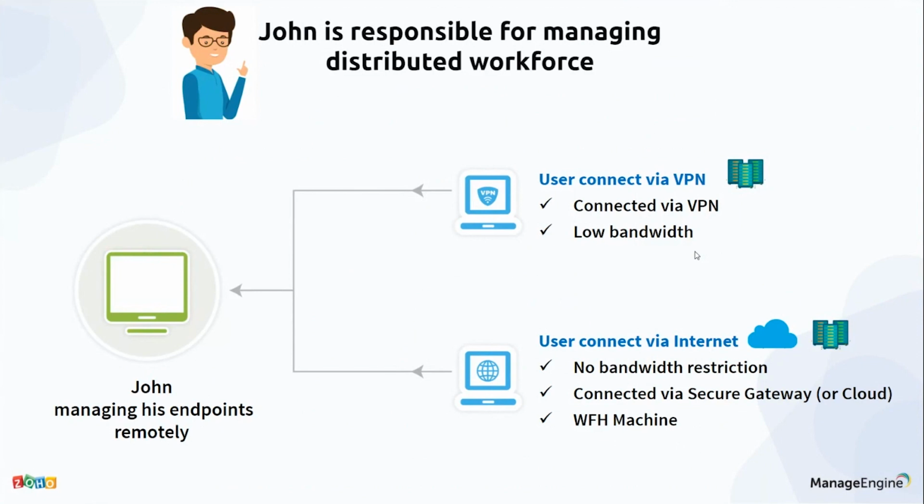So there are two types of users John will have to cater to. First, the users who are connected to Desktop Central server via VPN, and the users who are connected over the internet. Apart from the roaming users, John should also revise a strategy to get the back to office machines up and running. And IT admins need to check the compliance status of those machines that are getting back to the office. We will be discussing more about this in the upcoming slides.